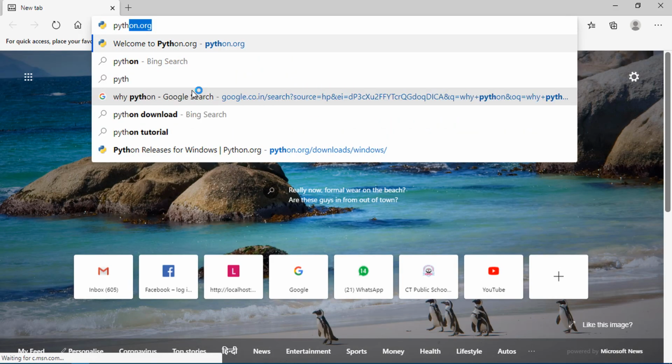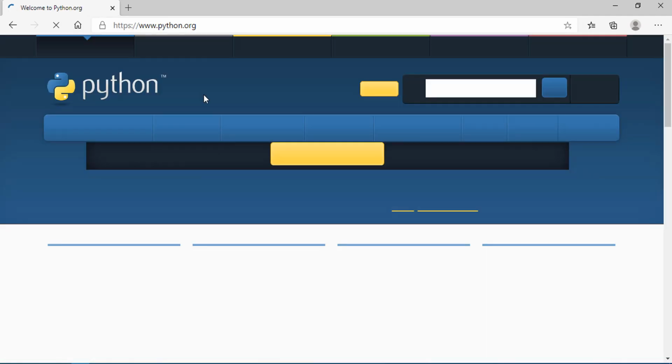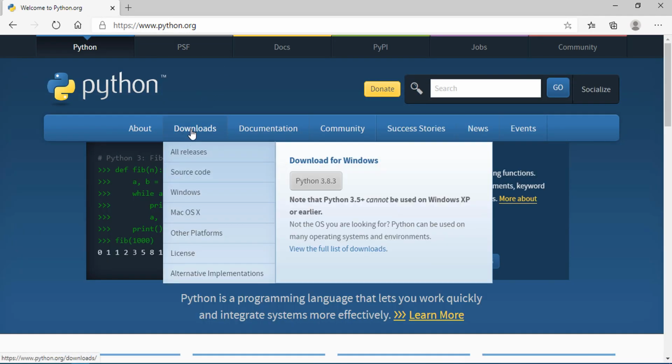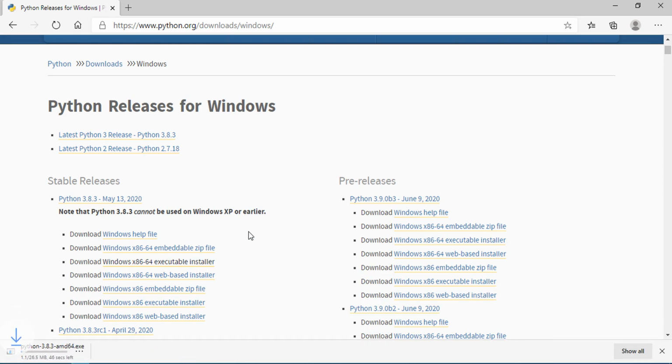this website, which is python.org. Then we need to go to this download section. You will find Windows, click on that and you will find this executable installer and you have to click on this. And Python will be downloaded on your machine. Then we just need to execute this particular Python installer. So I'm clicking on this installer